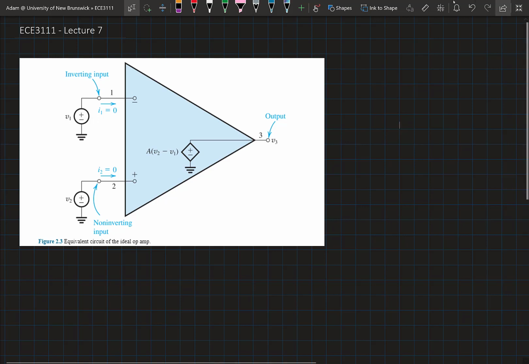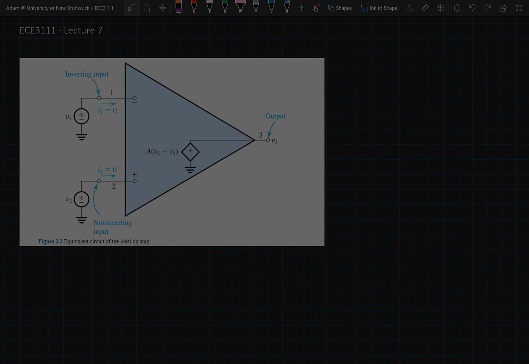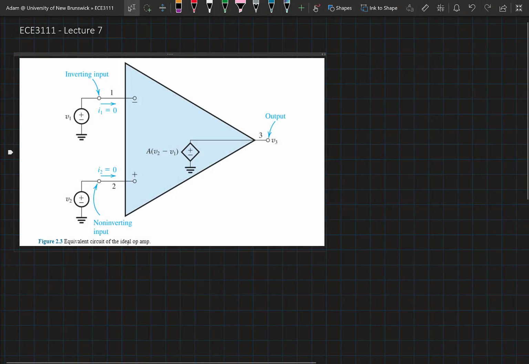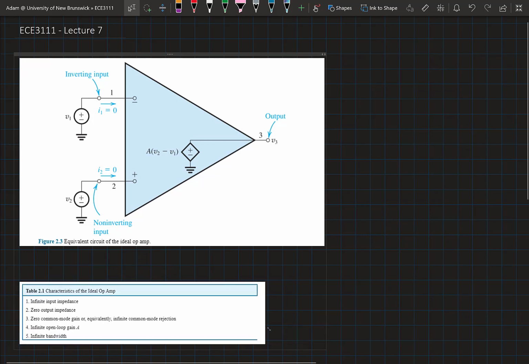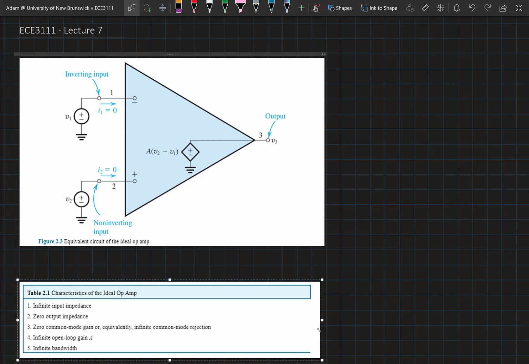But we also introduced a couple other properties that are characteristic of an ideal op-amp, and of course op-amps aren't quite ideal, but they are pretty close, and our ideal approximations allow us to make pretty near calculations when using those approximations for op-amp circuits. So just to take another figure from the textbook. So these are both from Sedra Smith,